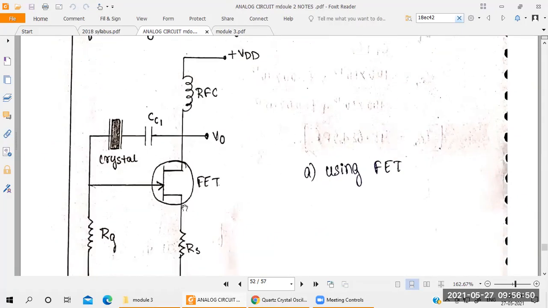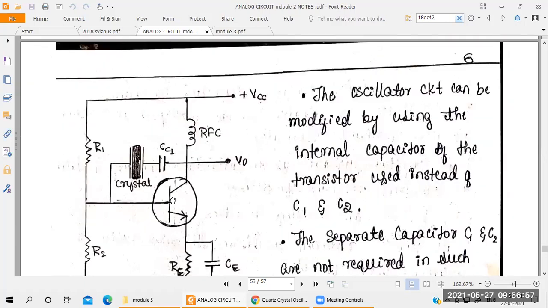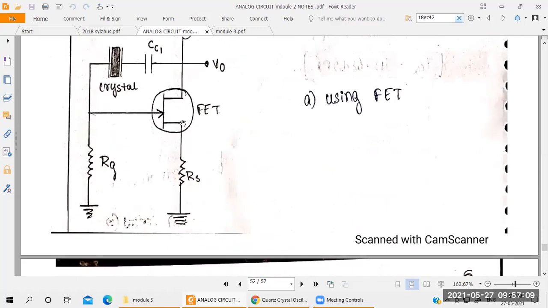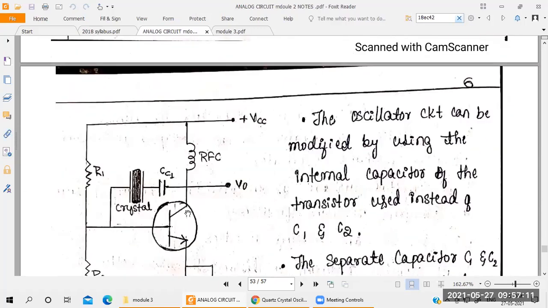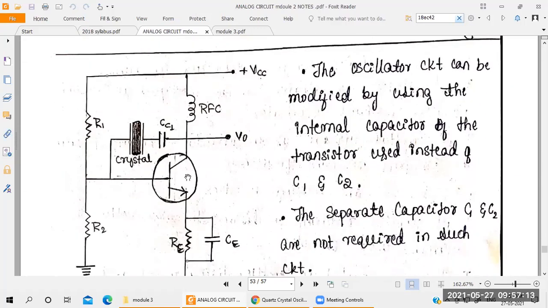So here the amplifier is a transistor. They've taken FET or BJT. See here they've taken two diagrams. In the exam you have to write both. Sometimes they will ask for using FET, sometimes using BJT. Remember this, you have to practice both. It's very simple. Instead of writing FET, you can connect BJT. Understood?